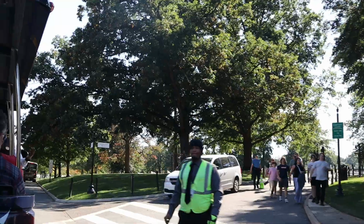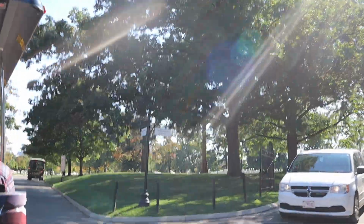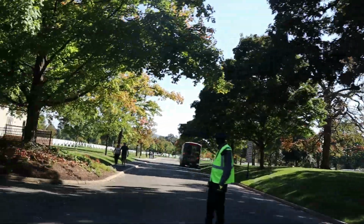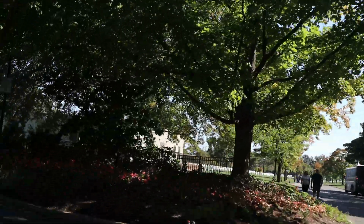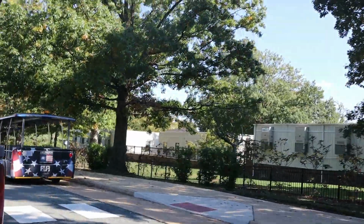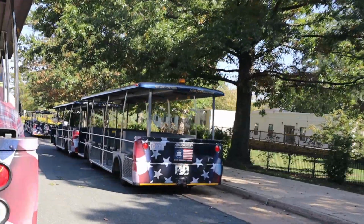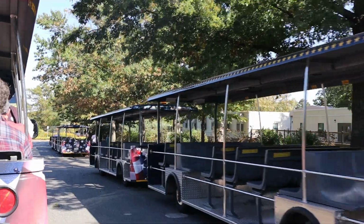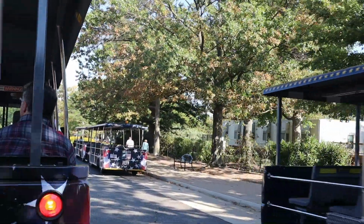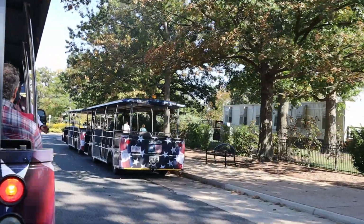Ladies and gentlemen, we're now back at the Welcome Center for the conclusion of our tour. I do wish to thank you for being such an attentive audience and allowing me to give you a little bit of my rudimentary knowledge of Arlington National Cemetery. Omar has done the driving with 28 funerals going on cemetery grounds. It's not an easy job, and he does a great job of it every day. Now, ladies and gentlemen, in the meantime, look around. Make sure that you have